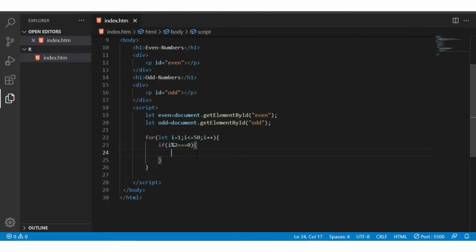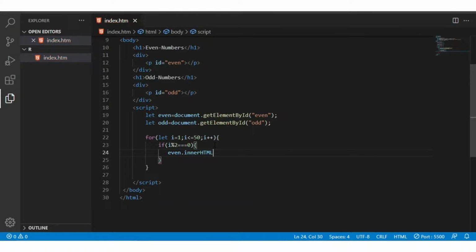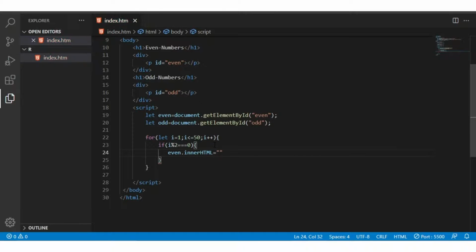Next I am writing where we need to print these values, in this paragraph. We already took this paragraph and its ID, and the ID is stored in this even. Let even dot, and if you want to write to an HTML document, we use innerText or innerHTML. innerHTML is better to print, and use equal to, and I'm writing some text: this is an even number